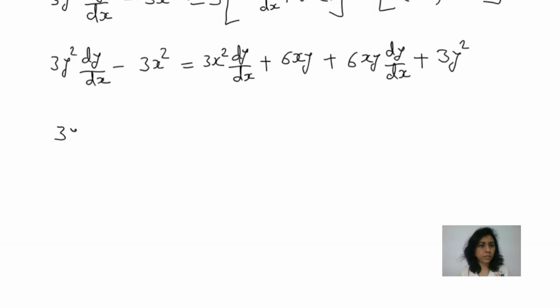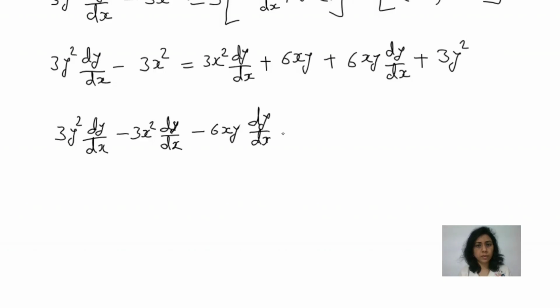So this is 3y square dy upon dx, minus 3x square dy upon dx, and this one also transfer to the left side, so minus 6xy dy upon dx, and here left 6xy, and this is 3y square,